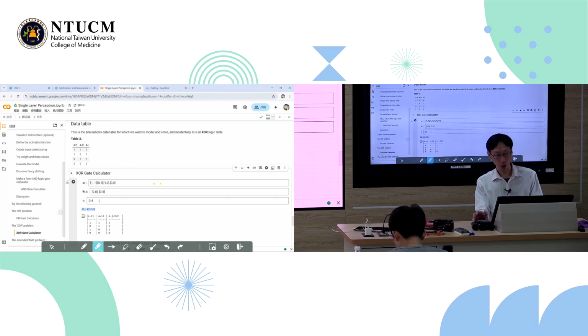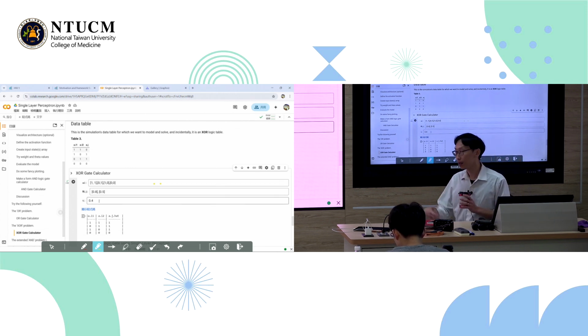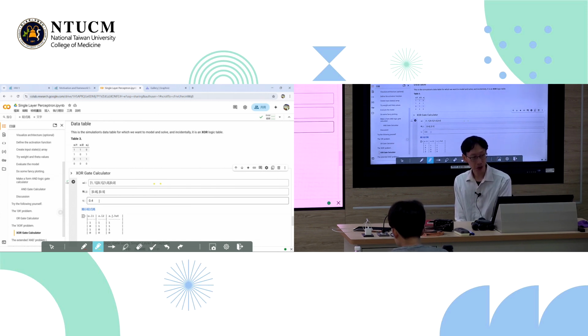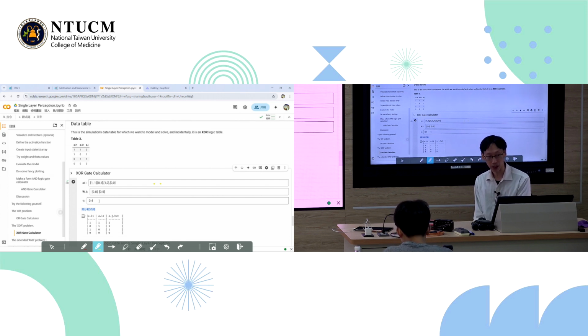In order to get my OR kind of data table, I just have to either increase the weights or lower my threshold, right? But now I see, wait, my XOR is not so strict. It's not like there's a lot of on states. It's like half. One of them became 0 again. So maybe it's more stringent.